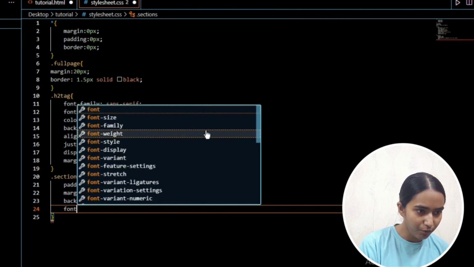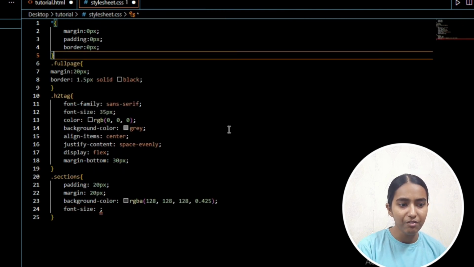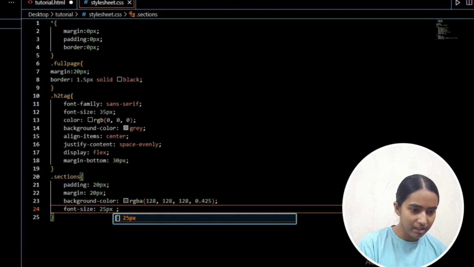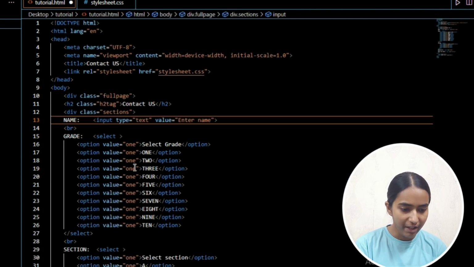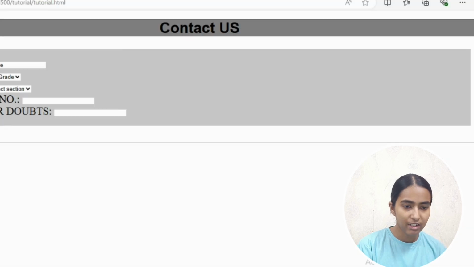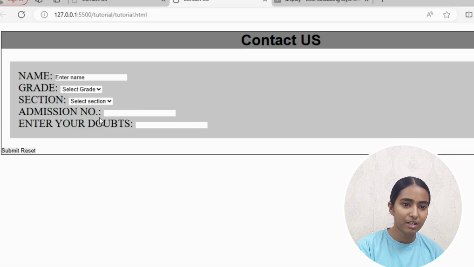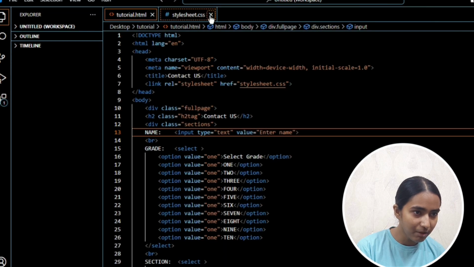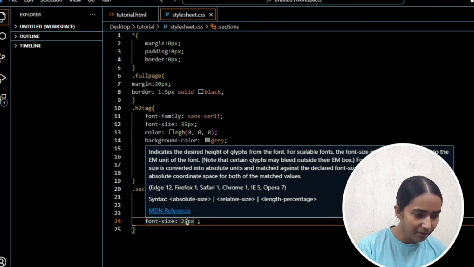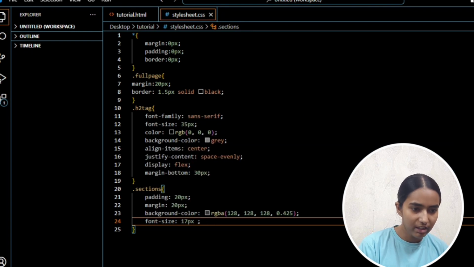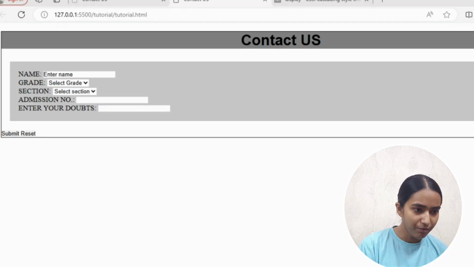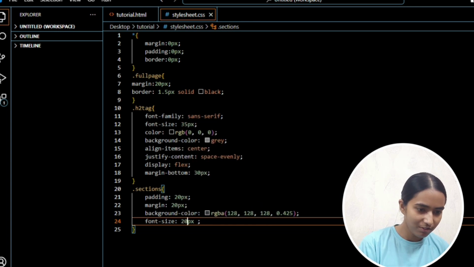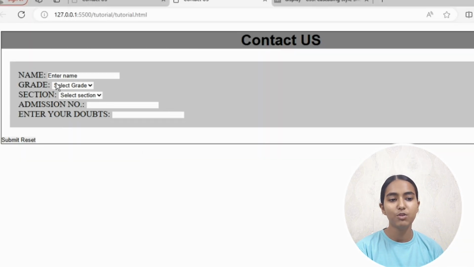So let's first increase the font size. Last time we chose it to be 35 pixels. So this time I think 25 pixels would work for this part. Let's save it. Save the HTML file as well and see. Yeah, this has increased in size, but this is again too long. I think we can decrease a bit of size, maybe up to 17 pixels. Let's see now. 20 would be fine. 120 is so much. Yeah, so 20. Yeah, this seems to be pretty good.